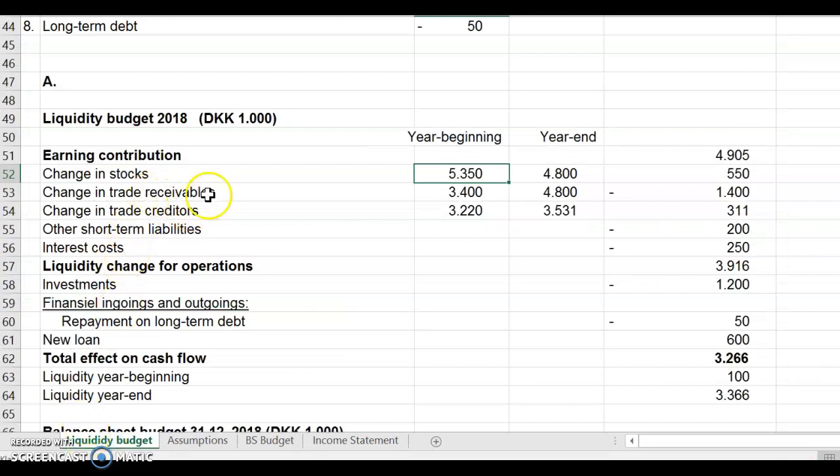And then we have the next one, trade receivables. We find this again in the balance sheet end of 2017. And we have here creditors, it's a liability in the same balance sheet. And then we have to calculate end of the year stock. And we do that by taking